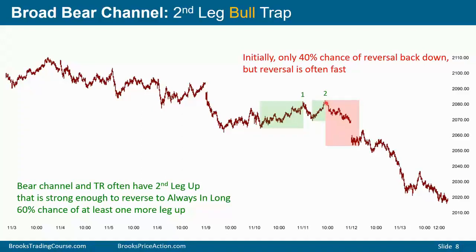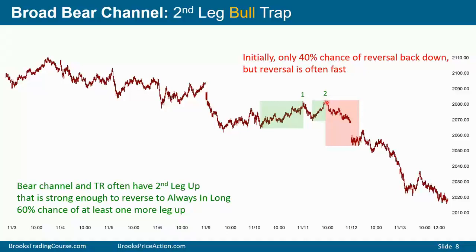We have it. Once the market's always in long, you only have about a 40% chance of a major reversal back down. But when it comes, it often is fast. Here we gapped down and covered a lot of points simply on the open of the day. This is, you can argue, a higher high major trend reversal. We have a bull trend lasting a couple of days, a bear breakout, and then a higher high. It's also a wedge top, 1, 2, 3, and a lower high in a broad bear channel. But if you're simply trading a 5-minute chart, you're only looking at these 2 days at this point.